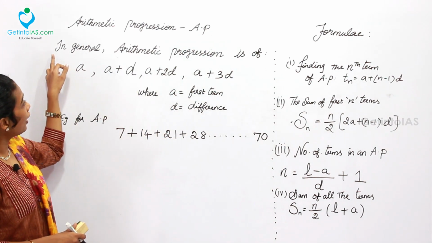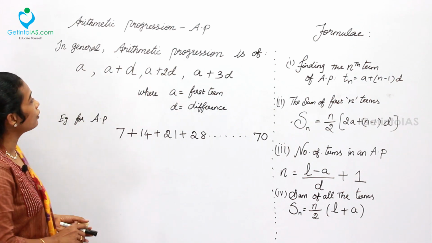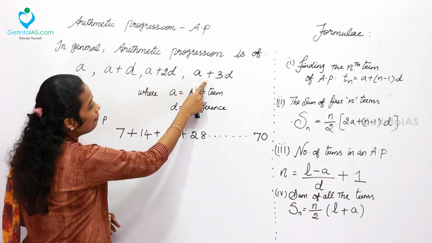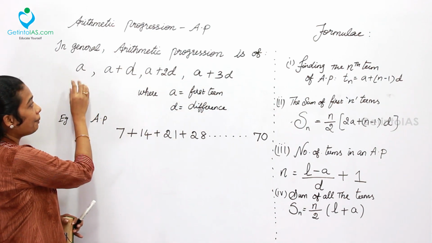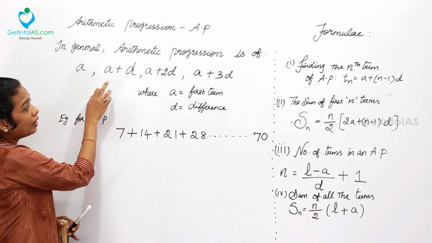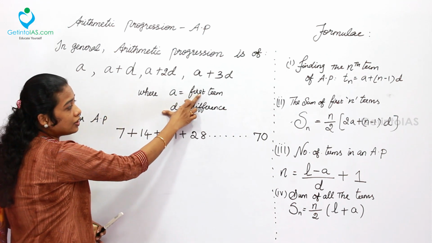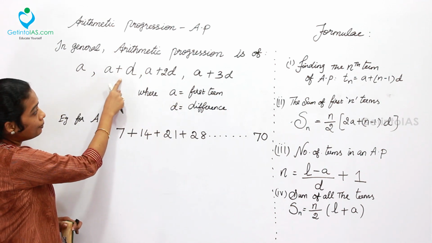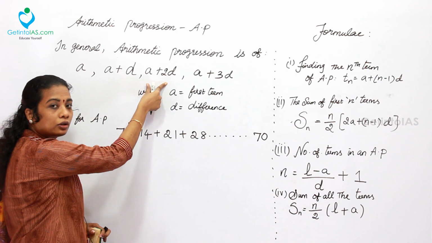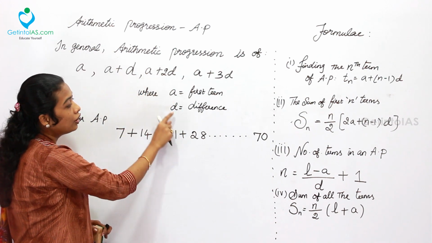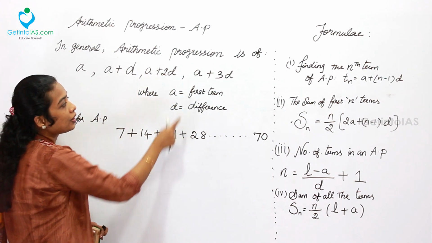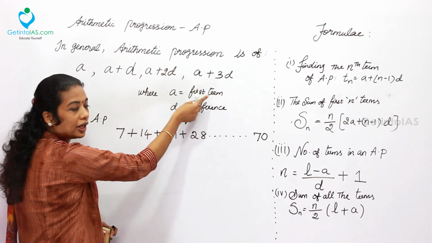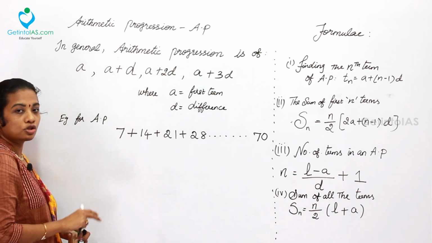The first thing, in general arithmetic progression is of the form a, a plus d, a plus 2d and a plus 3d. So generally the pattern will be, the first term will be a. A is the first term and d is the difference over here. So first term plus difference. What will happen to the third term? A with 2 times difference to be added with a. What about the fourth term? That is 3 times difference to be added up with the first term. This is the general pattern.